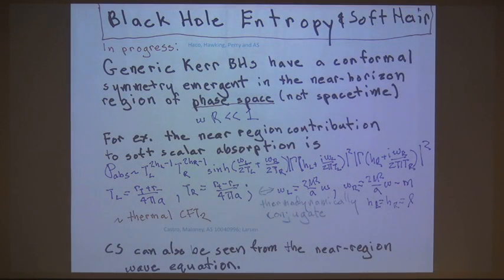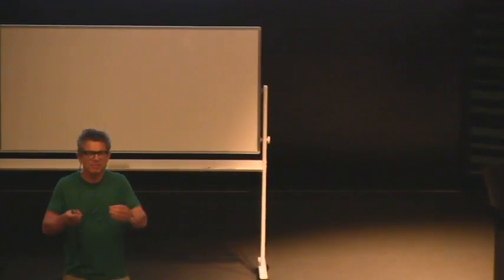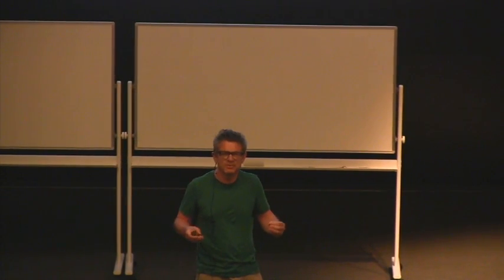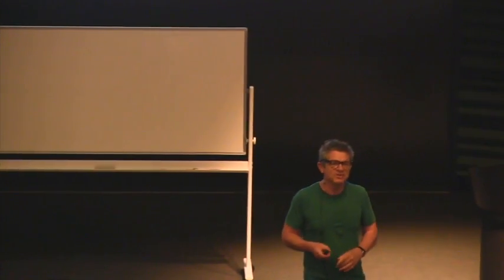Next, I want to talk briefly about progress with Stephen Hawking and Malcolm Perry and Malcolm's student Sasha Haco about black hole entropy and soft hair. Now, we're used to the idea of a near horizon scaling region, and that is the only trick that we have for understanding black hole entropy, where you have a black hole and there's a near region in which there's some kind of emergent conformal symmetry, and we use that to deduce something about the entropy. Not all black holes have the property, so we need to find more tricks.